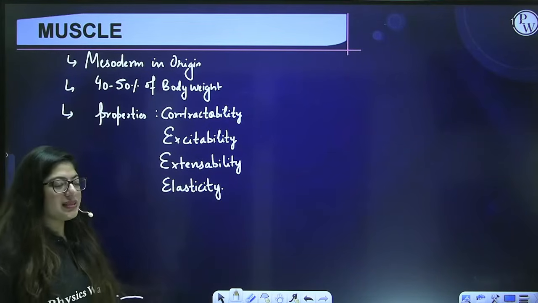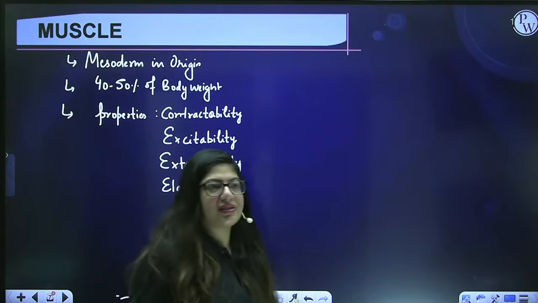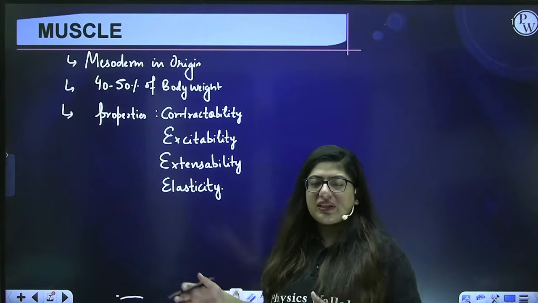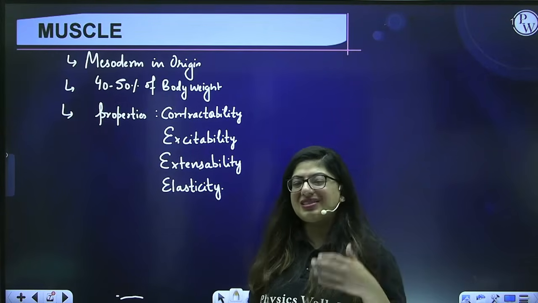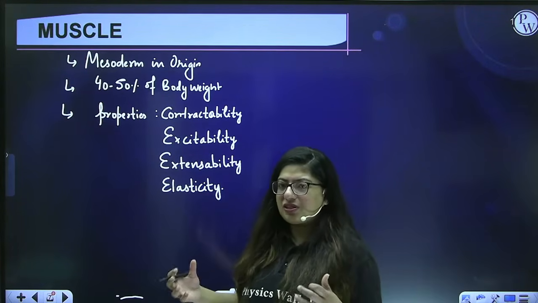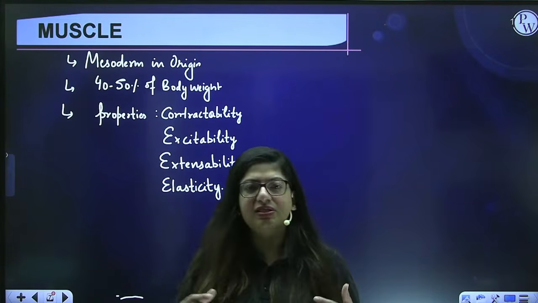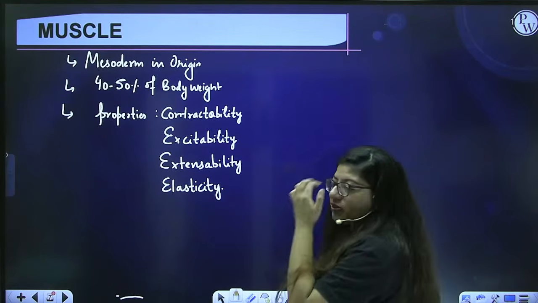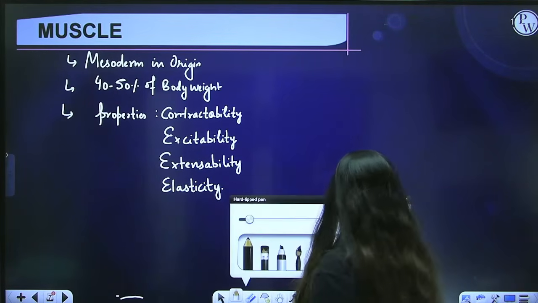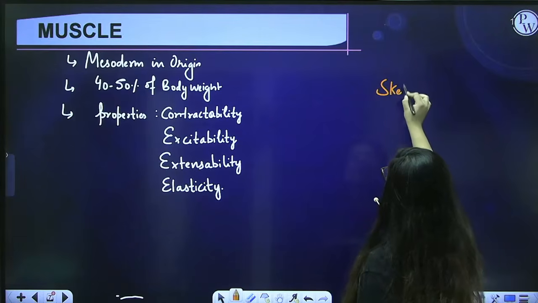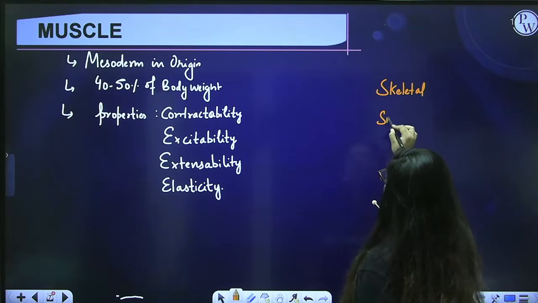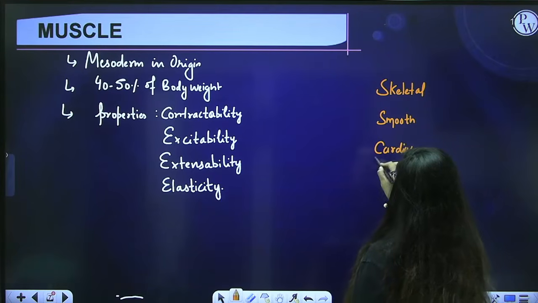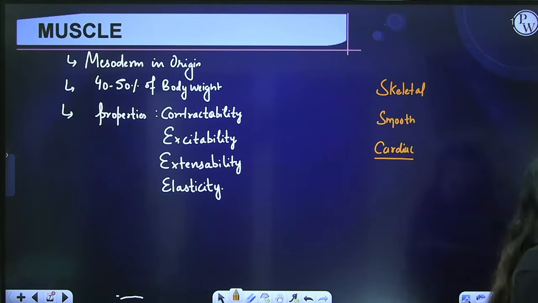Flexibility is because of the joints, muscles, and cartilages, and muscles are very important for movement. Basically, movement is not just done by the muscles. Efforts are made by muscles, but it's the joint action of your neural system, muscles, joints, and skeletal system. So these are the various properties of the muscle. We have so far done three types of muscle: skeletal, smooth, also known as visceral, and cardiac muscle. Let's talk about all these muscles in detail.